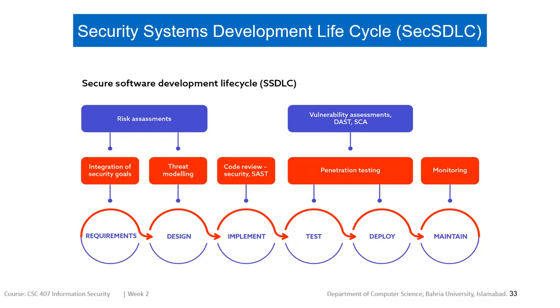Then threat modeling: you have to understand the basic threat signatures, how a threat can act on software, and how you are going to secure your system. You are going to understand the possible risks that can make your system vulnerable to the threat landscape. So you have to mitigate those risks